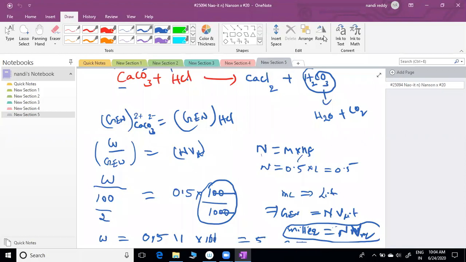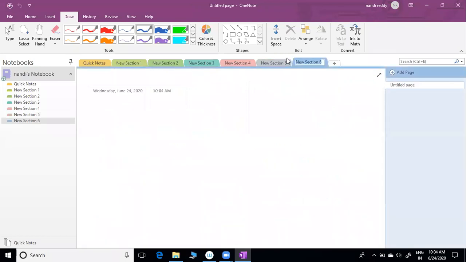Fine. Correct. So now, everyone write 2 times. Suppose still some people have confusion. I don't know where you're getting it, but fine. We are learning for the first time, so you'll get confusion. Write the gram equivalent number formula.